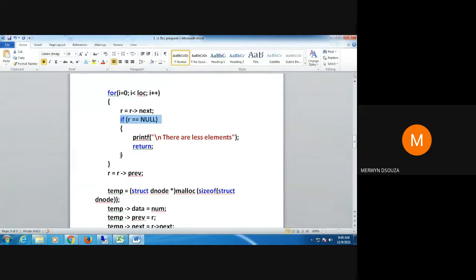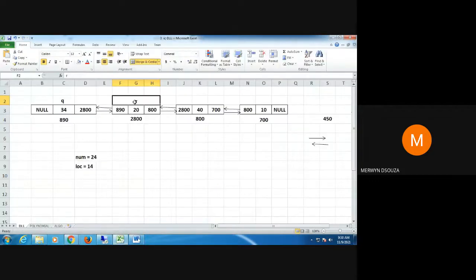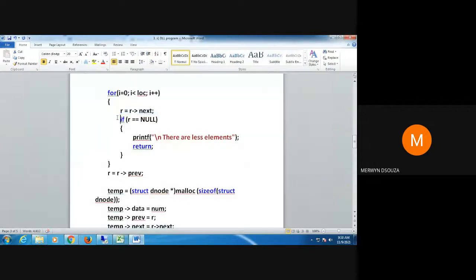So I come here, i becomes 1. 1 is less than 14. Yes, shift R, so R comes from here to here. Check this condition, not true. Increment i, it becomes 2. Is 2 less than 14? Yes.